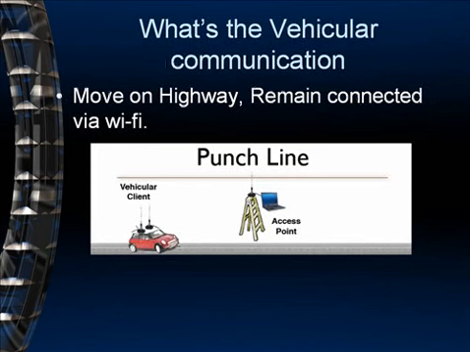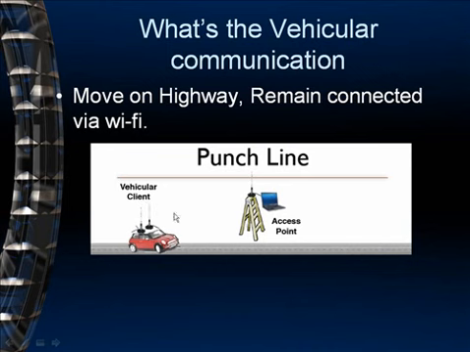So first I will talk about what is vehicular communication. Move on the highway, remain connected via Wi-Fi. This is the basic analogy. So an access point is situated at the side of the road and you have a vehicular car moving by. This is just an extrapolation, shown to intrigue your interest, that the car has an antenna on top of it, which may not be the case. As you can see in the figure over here,